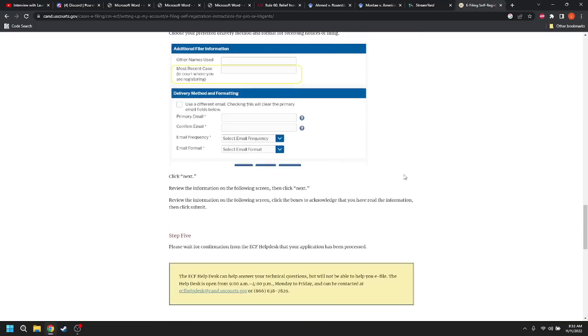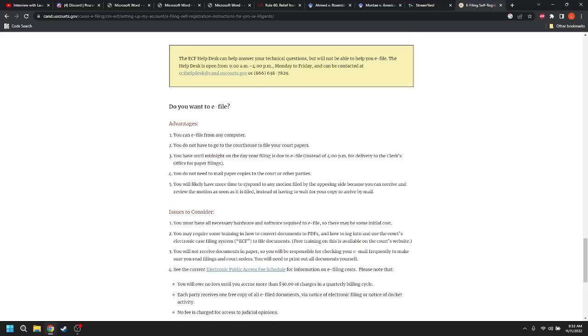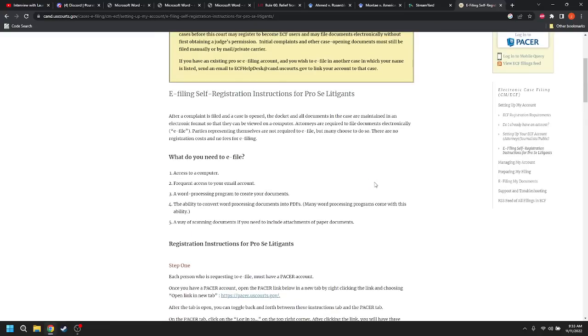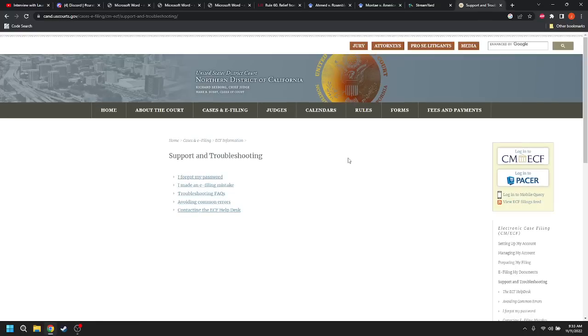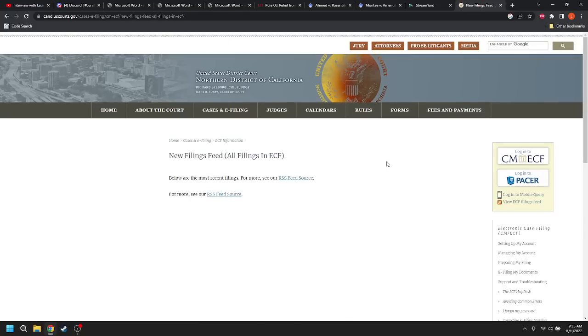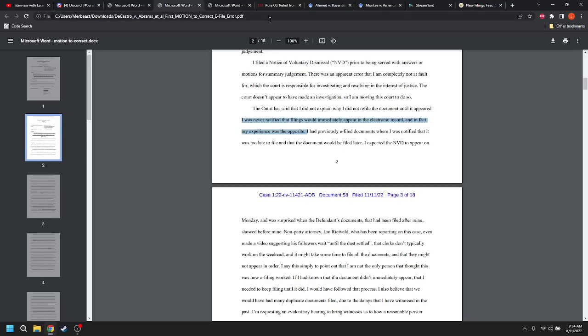This doesn't say how long it takes. So I don't know how long it takes for pro se litigants, but I'm assuming that you get some sort of a receipt for it, that you get something back saying that something has been filed or that they've received your filing. I don't know if the clerks review these things. That's where I'm going. I don't know if it's the same steps for a pro se litigant as it is